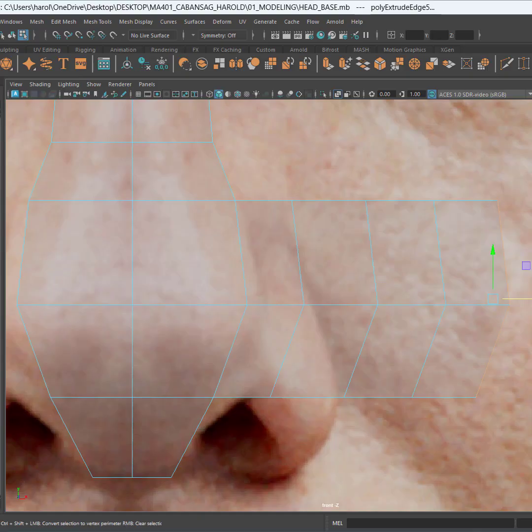So the next thing is I'll go to the vertices, and I will start arranging them to follow the reference that we have. So let me just place that there. So I'm avoiding the rim of the nose. We will have another set of polygons for that. So I'm carefully just placing this, because the tricky part on the side flap, or the flap of the nose, the tricky part for this is